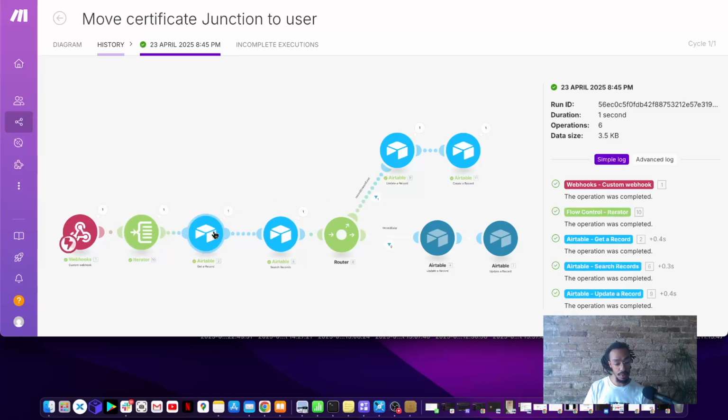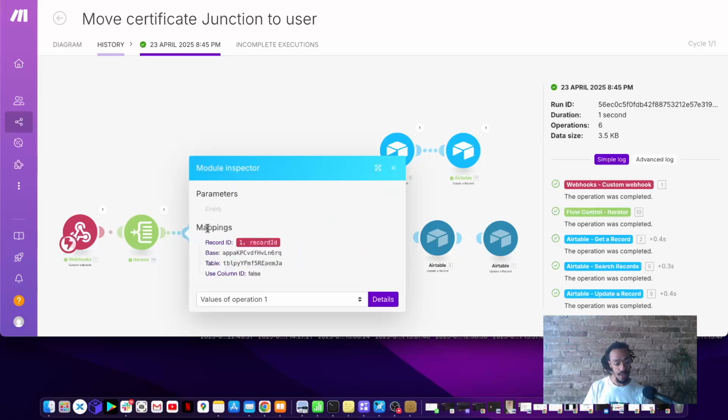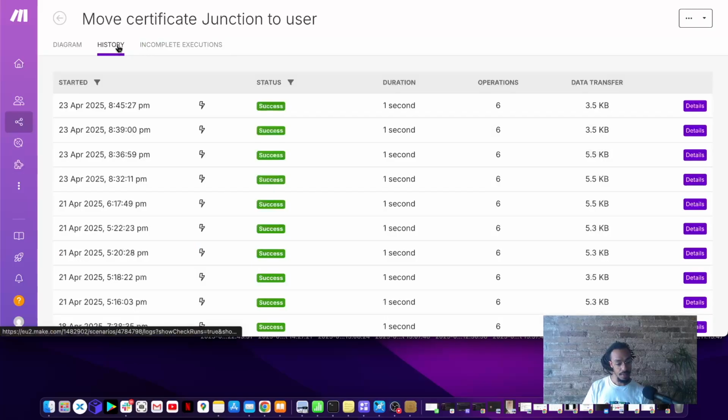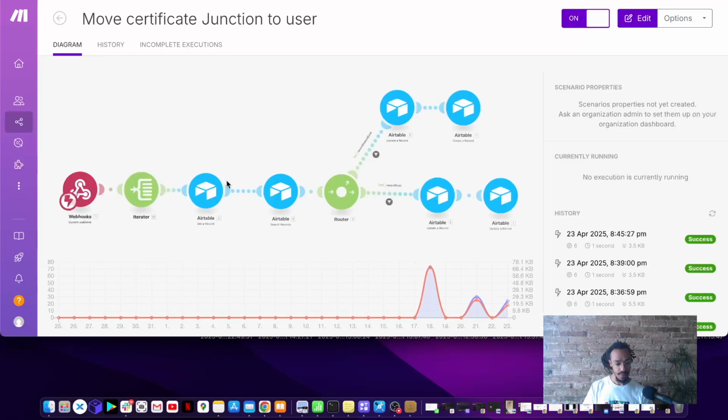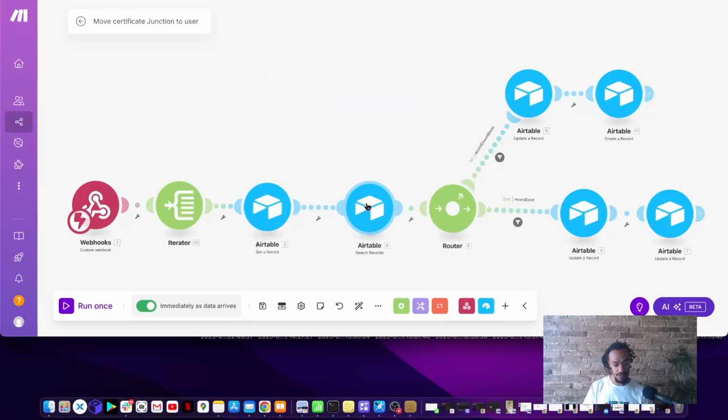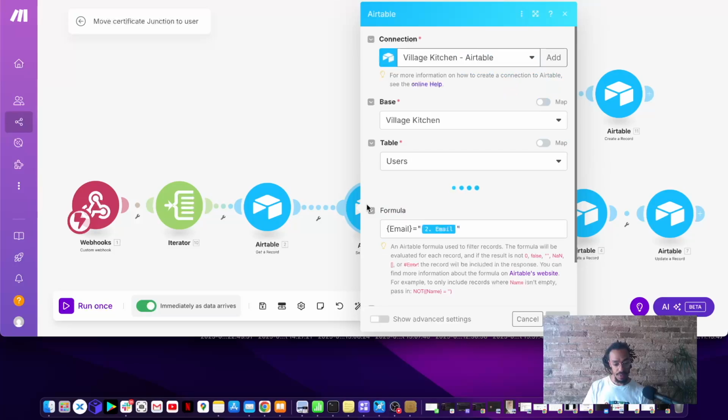And then the first thing that I'm going to do is get a record. So here I'm going to retrieve, based on the record ID that I had in the webhook, the actual record that I need to look for. So in this case, I find the record based on the email. And if you remember well, the email was wrong. So here, for example, when I get the record, I'm using the record ID that I have here. And if nothing has been found,